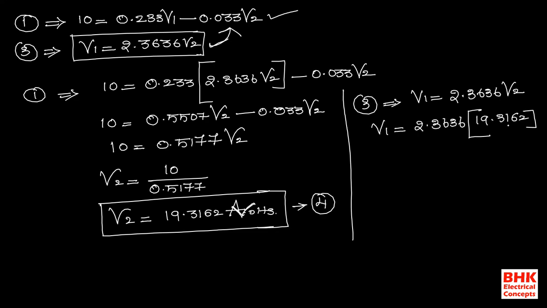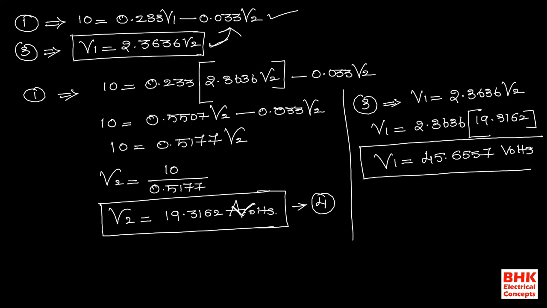Okay. Now by multiplying 2.3636 into 19.3162, it will give the value of V1 is equal to 45.6557 volts. The unit of voltage is always volts only. So finally we got V1 is equal to this much and V2 is equal to